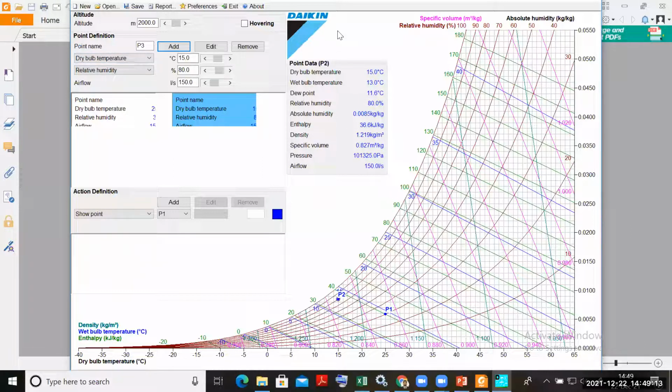So I hope you have understood this concept of the psychrometric chart. This is very important because the next topics will be based on this. If you have any doubt, kindly ask. Otherwise, we can stop. Any doubt? Let me add another poll and then we can stop. Let me check if you understood what I mean.